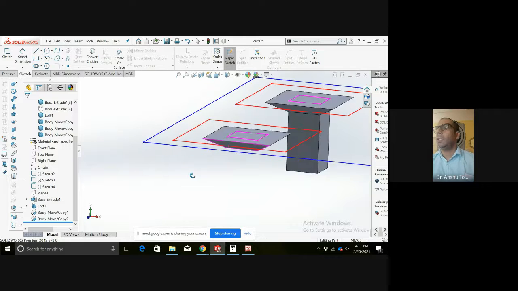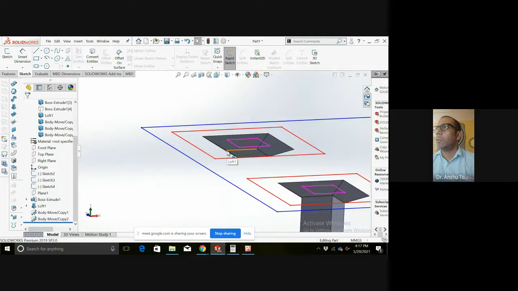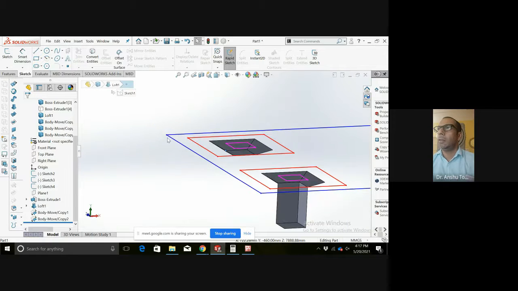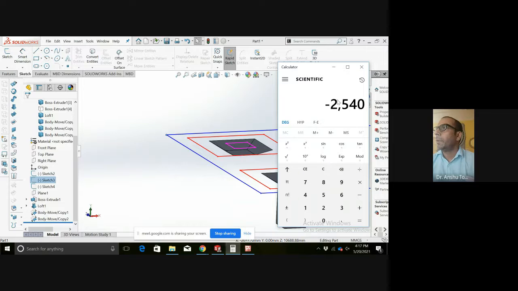Or I can take the nodes also. This is y is equal to minus 460 and this is 0. So we have drawn total 460. This was our mistake. We have target in the calculator. We have taken 250. Here we have taken 250, and so we have to correct it.